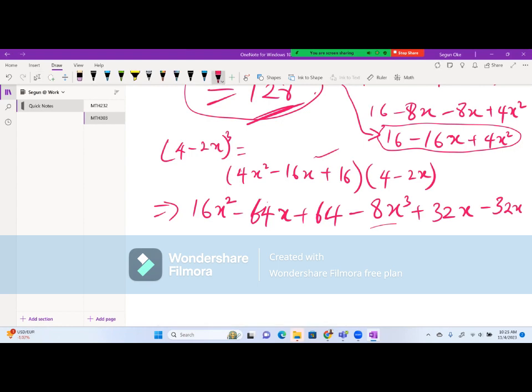This will be squared, while this will be ordinary. So you can add them together. We can start by saying minus 8x cubed. Let's add all the squared terms together: 16 plus 32, it's